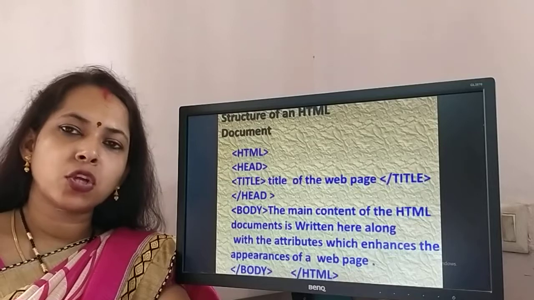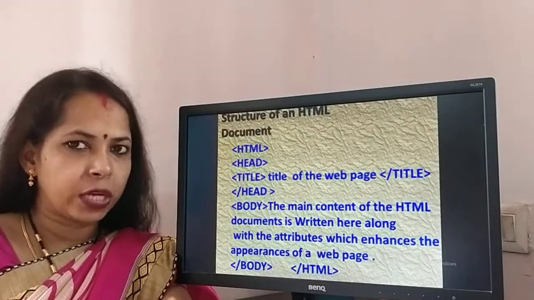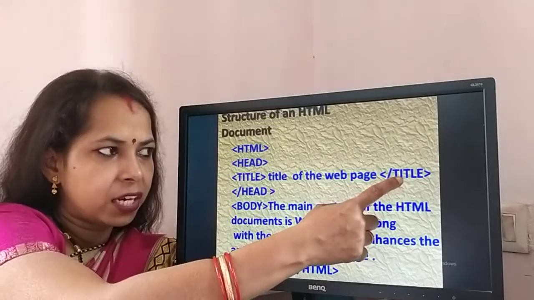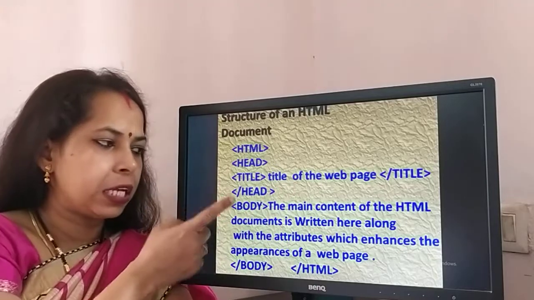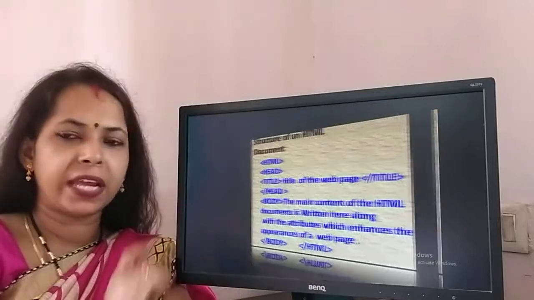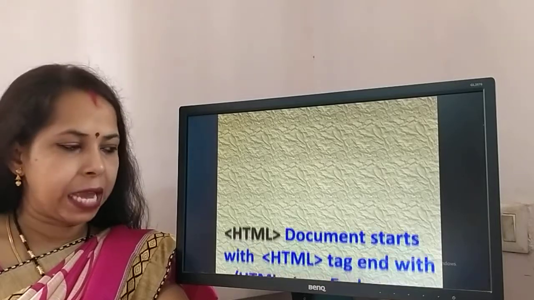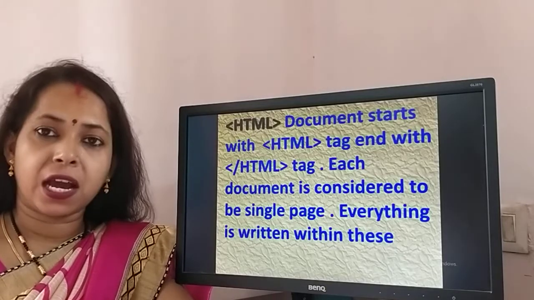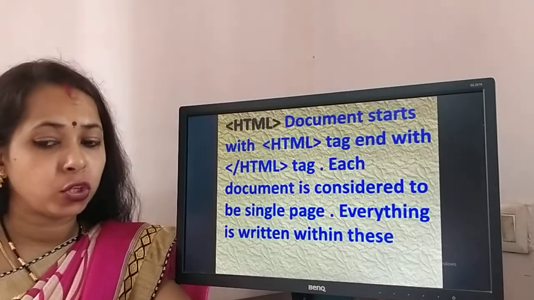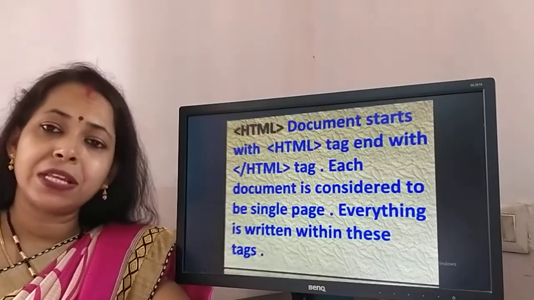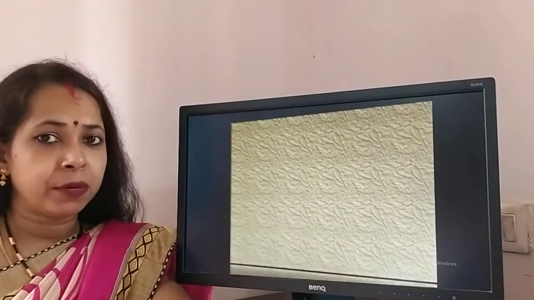This is the simple structure of an HTML document. In that structure you can see HTML, then head, then start the title, write the title and close it with slash title. Then close the head with the slash and start the body tag. The main contents of the HTML document are written here in the body tag. After that, close the body and close the HTML tag. So first, the HTML tag is a fundamental element of HTML documents. The tag tells the browser which elements to present in a web page and how to present them. Okay, this is the first starting tag.